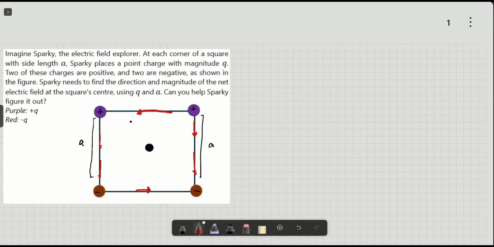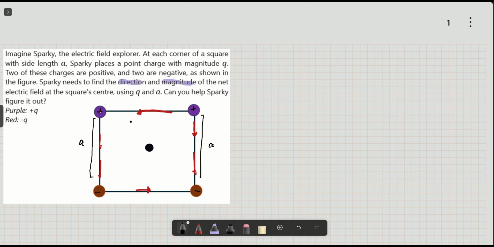So I drew the representation of the problem. It was said there that there are two positive charges and two negative charges, and there are also Q and A variables. They said that at each corner of the square with side length A, so I put A here, A there, and A there. Now, we need to figure out the net electric field at the square center, the direction and the magnitude,